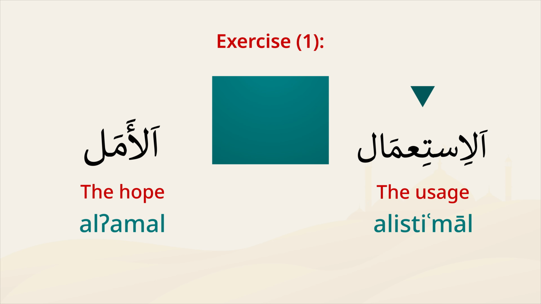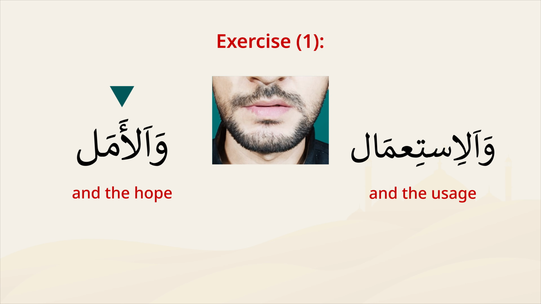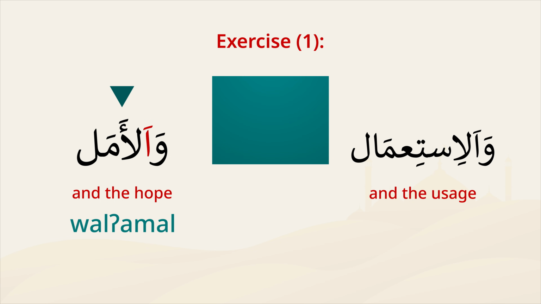Let's now place both words in the middle of speech by adding the conjunction wa. The first one is going to be والأمل. Here, only the Hamza of al is silent because it's Hamzat al-waṣl, and it occurs in connected speech. The second Hamza is still pronounced because it is Hamzat al-qaṭʿ, which is always pronounced. The second one will be pronounced as